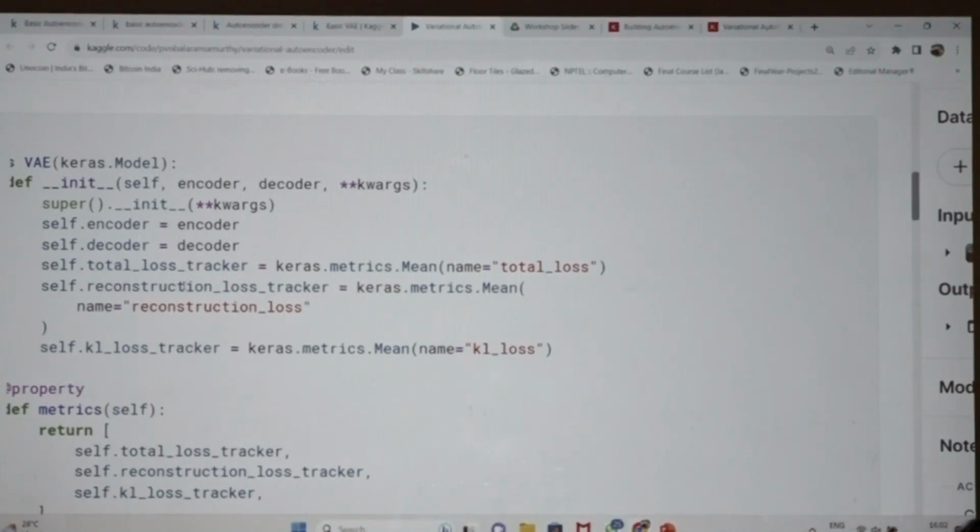There may be some compatibility problem, because in this program we are using two libraries: TensorFlow and Keras. Because of that we are getting this problem, even though it works for some epochs. After some epochs it gives the error, meaning a vanishing gradient that we have to handle. For that we have to spend some time, that's it. It does not mean it is not working; it is working but we have to tune it. It works for any number of epochs, so you can go through it.